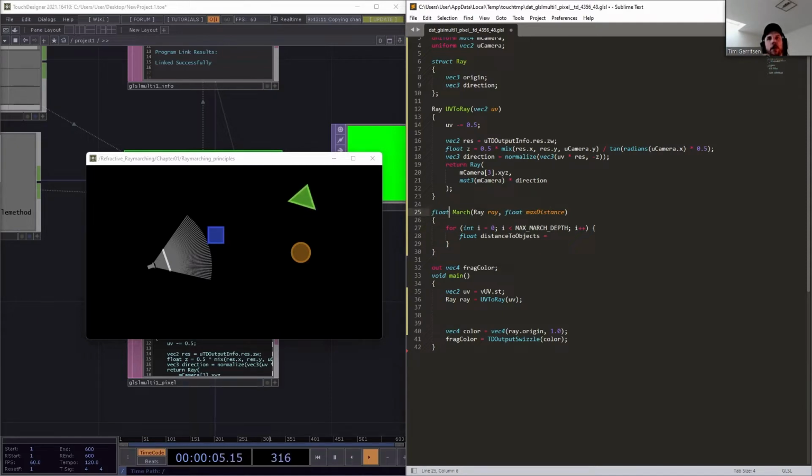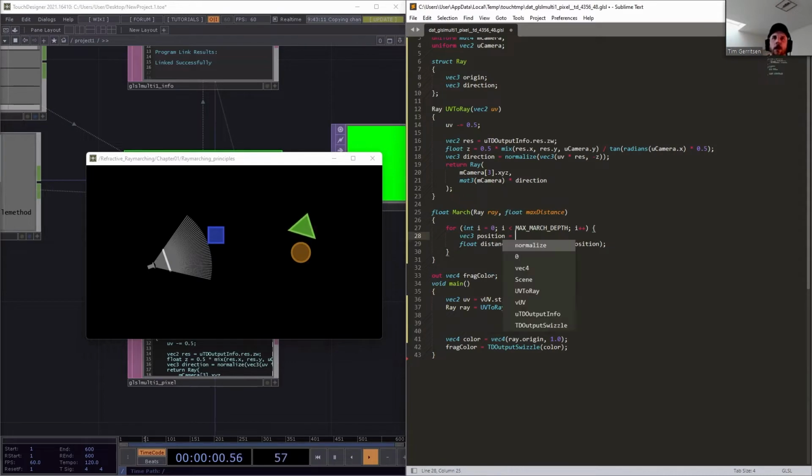Like this march function is finally returning the distance to the final object. But now we want to have a function, let's call it C, that gives us the distance to any object from any position in space. So position,